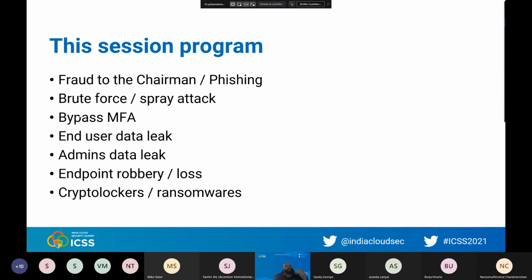So it's not because you just enabled MFA that it's secure. It's not enough. We will talk about how to avoid end user data leaks, about avoiding admin data leaks, and we will talk a little bit about endpoint protection, and at the end about CryptoLocker and ransomware, and the impact on Microsoft 365 tenants.